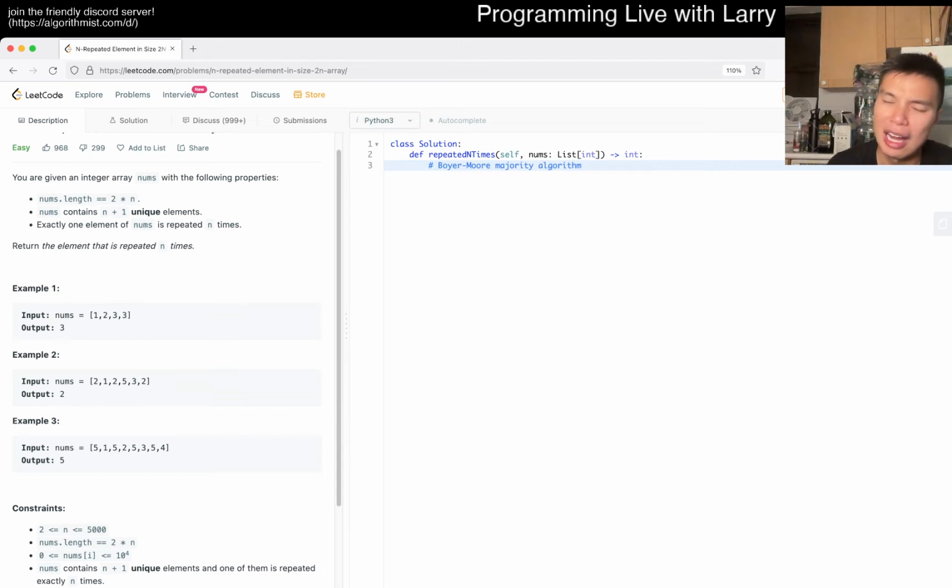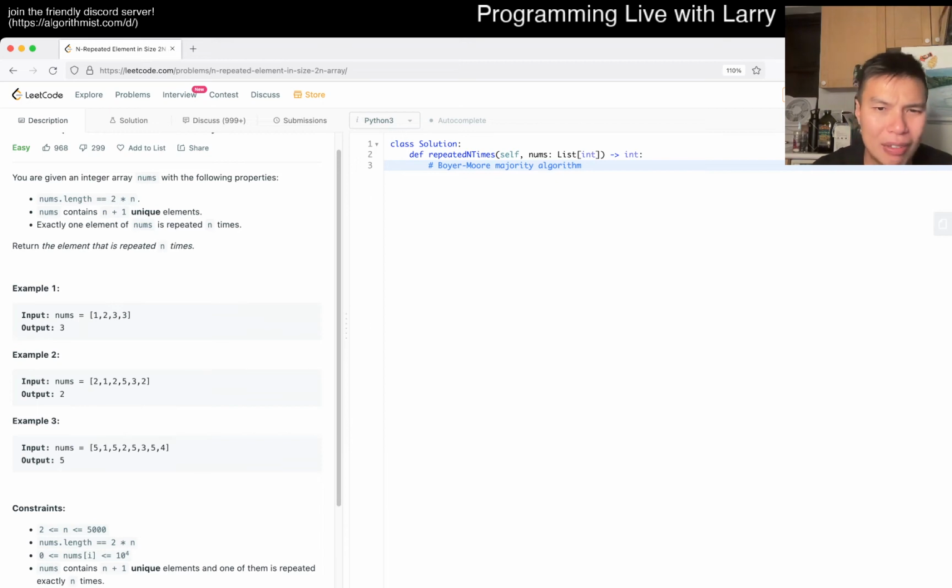Because then the element is either the middle element, or for n where n is even, it's either n over 2 or n over 2 plus 1. Maybe you do it 3 times if you want to get n over 2 minus 1, and the element is guaranteed to show up in 2 of those. But I'm not going to do it that way.